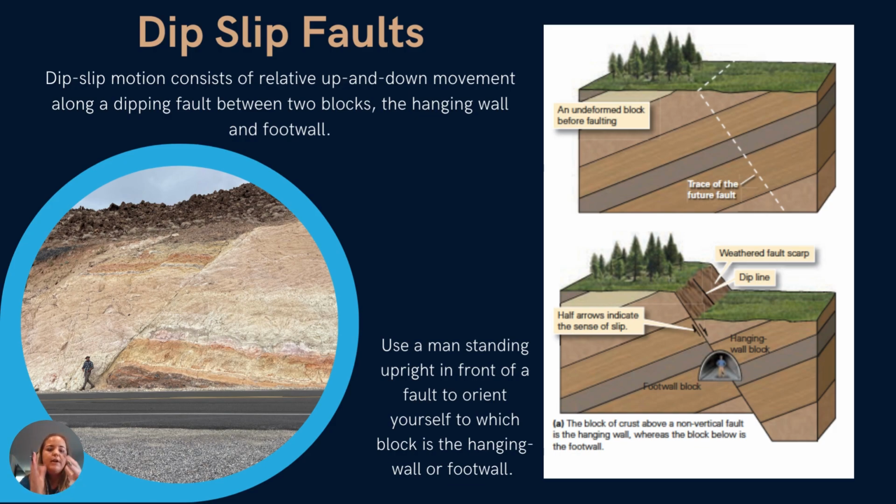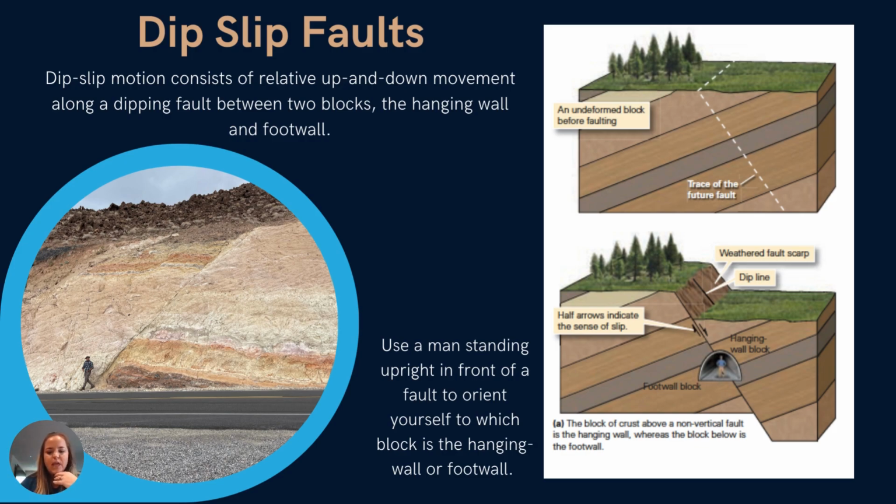Okay, so remember, if you're working with a diagram and you're trying to figure out what type of fault you're looking at, you want to draw a man standing upright. Don't put him in line with the fault because then it doesn't work. Cross the fault, standing upright, and then you can decide which one is the footwall block and which one is